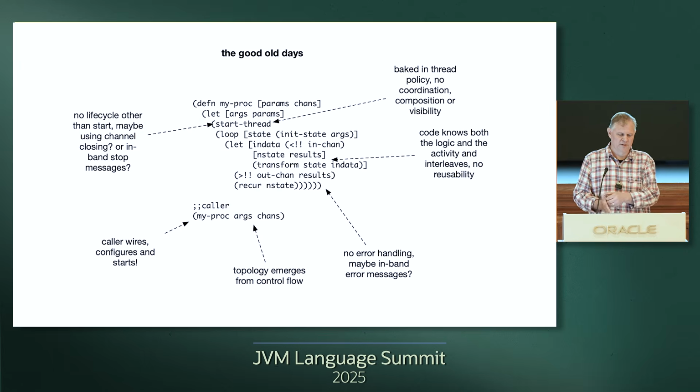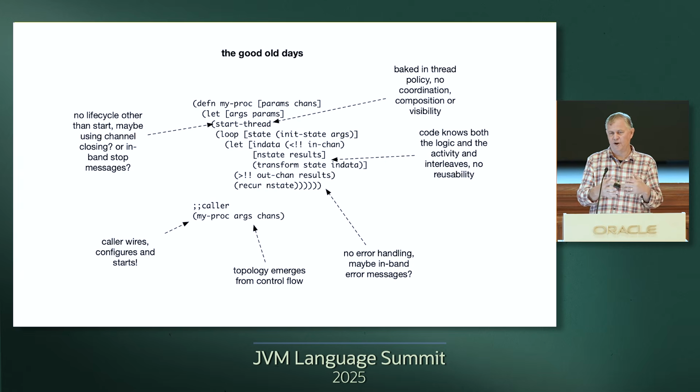And so this is real code, but pseudocode of how you might write a core async loop to sit there and just take in messages on a channel, transform them, emit them on some output thing. There's a lot of different stuff baked into this code. I wouldn't even really try to read all this and understand the code necessarily, but the outer parts are really pointing out places where there are policy decisions being made here in line in the code. So there's nothing here that's really handling life cycle of those threads very well.